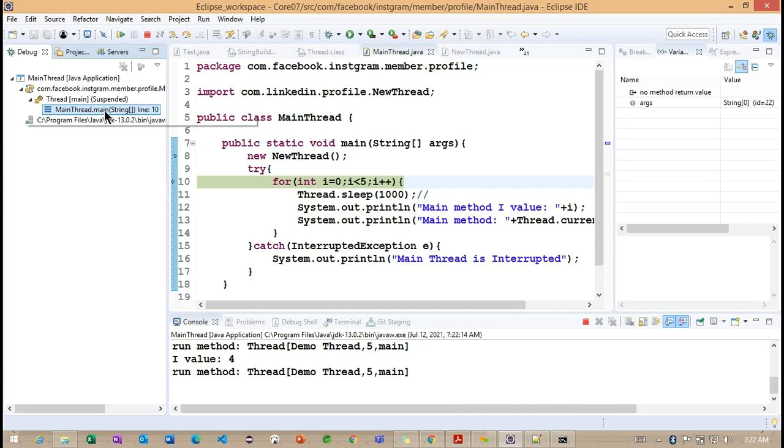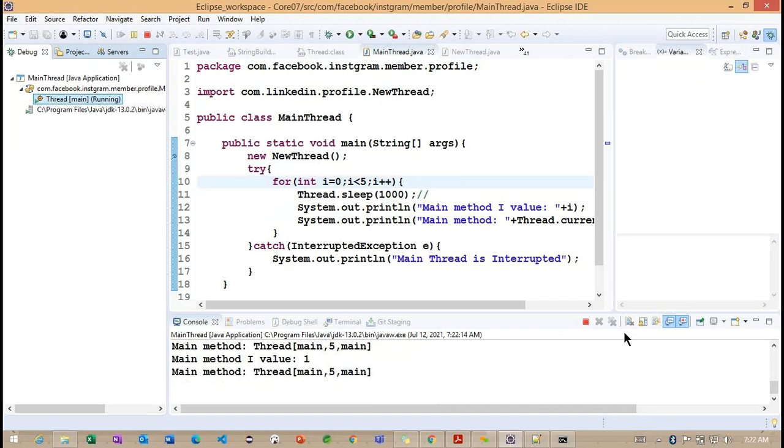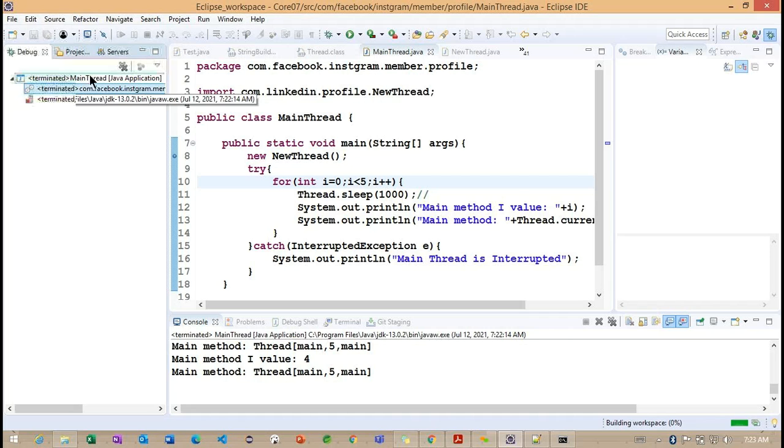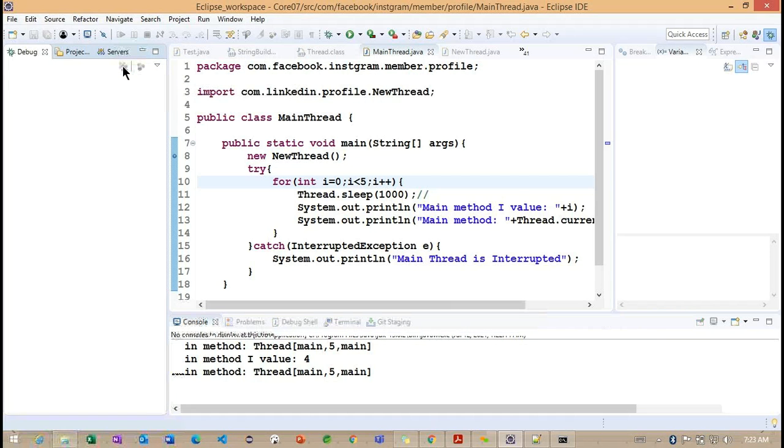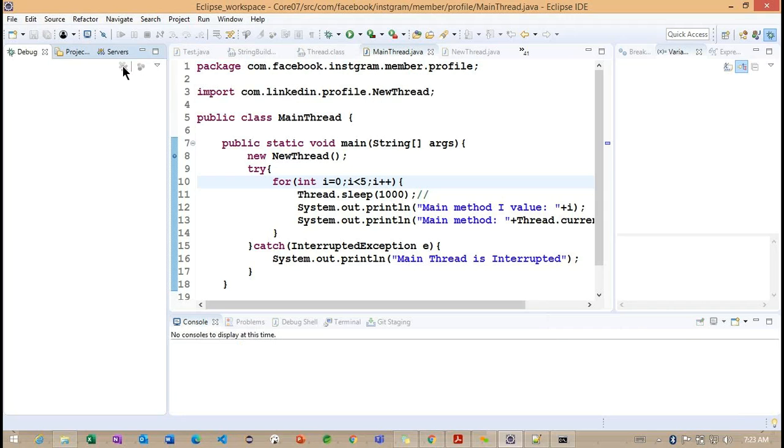So basically I'm trying to show the run method information, but we are not seeing it here. We'll see whenever we get the run method information here. What I'm trying to provide in the debug is the call stack, from where exactly the main method is being called, and every piece of information we can find here. But for the current example, we could not get the run method information here. Okay. So maybe we can see it in our upcoming examples.